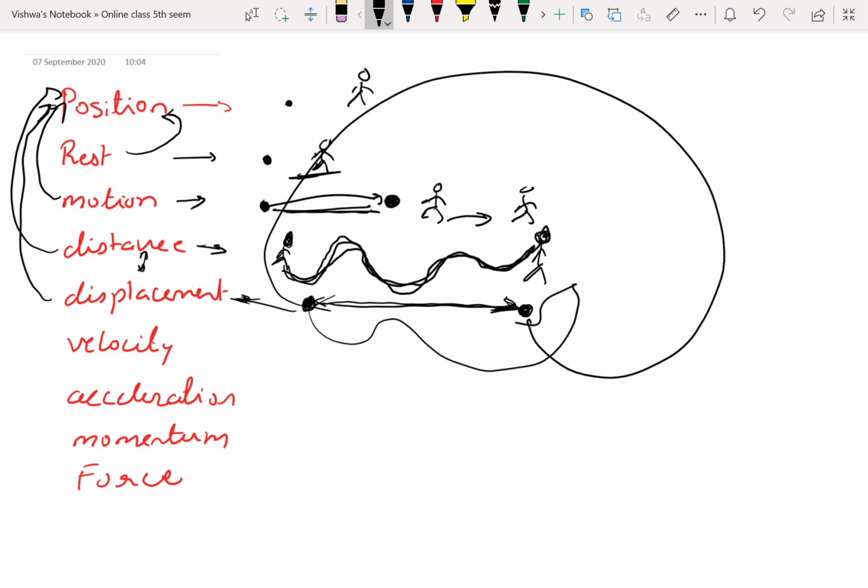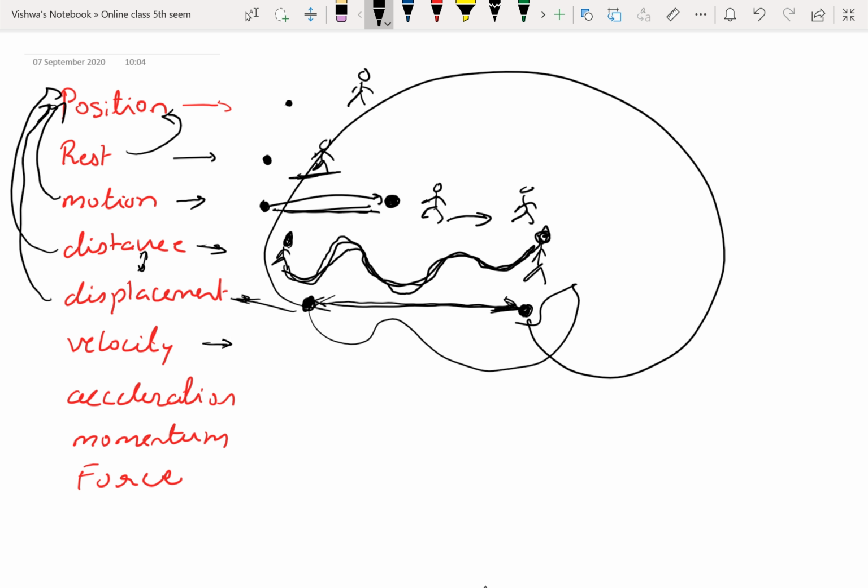So the difference is what? In distance we measure the distance along the path which it covers or travels. In displacement we measure the shortest distance between two positions. We are not considering the way in which it is moving. Okay. Next,